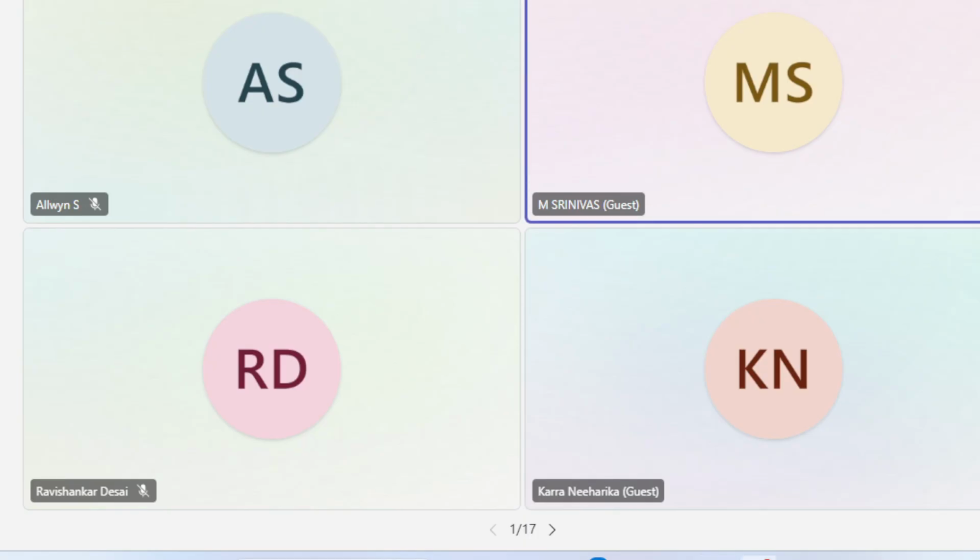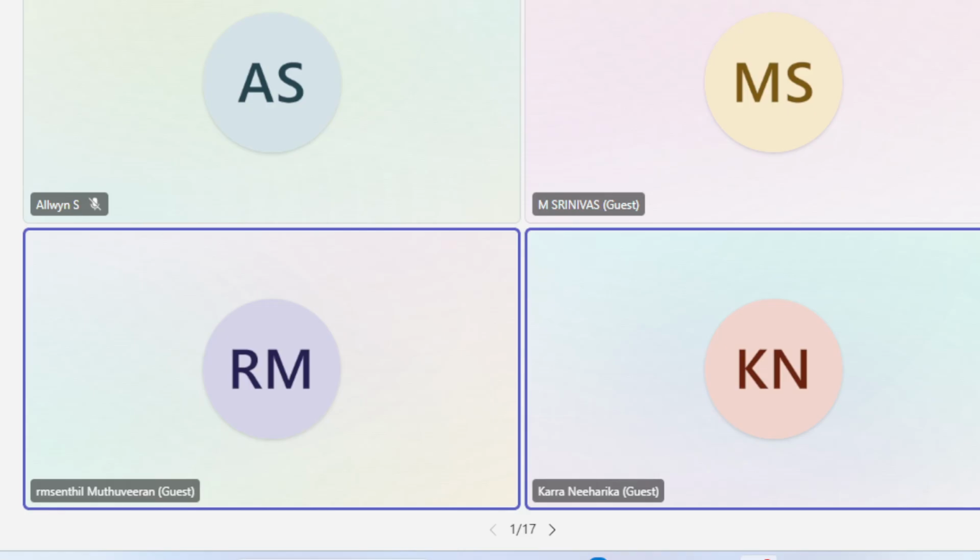Ma'am, I have one question. Can I ask? Yes. Hello, sir, madam. This is Sendil Kumar from Tamil Nadu. I registered with a different mail ID, but I am attending with a different mail ID. But you are saying as attendance is